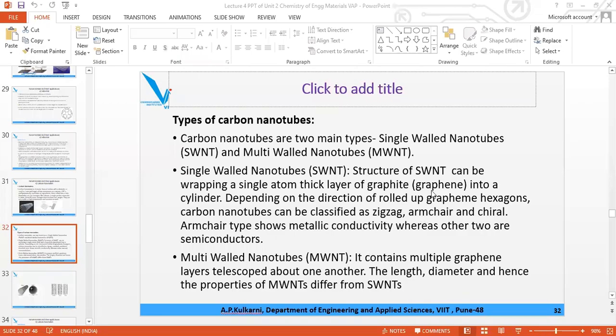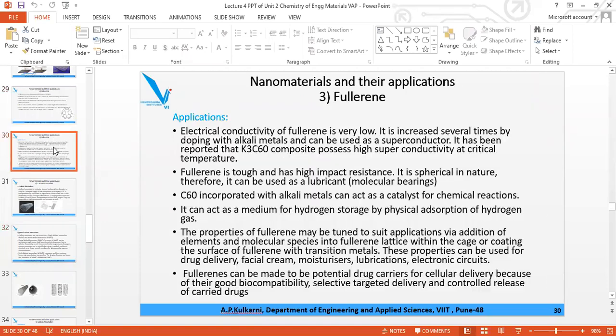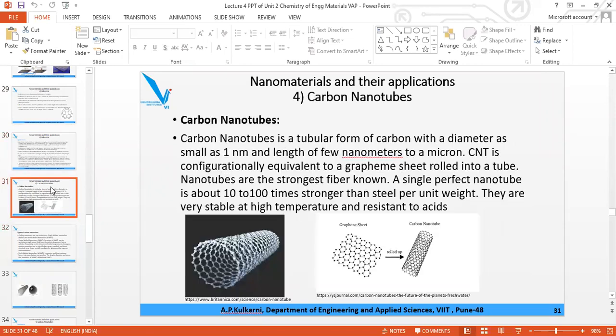So now you told me that we have done it up to this. Fullerene we did, and we have also seen the application. Now we have to start with the carbon nanotube. Carbon nanotube orients in one direction, so it is called a one dimensional nanoparticle. The other example is nanorods also.